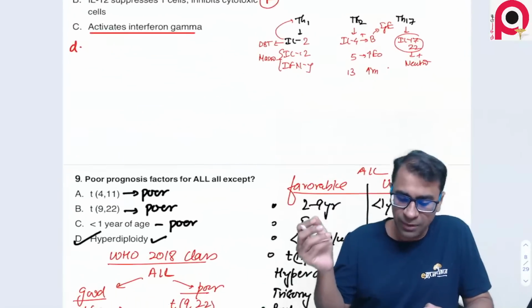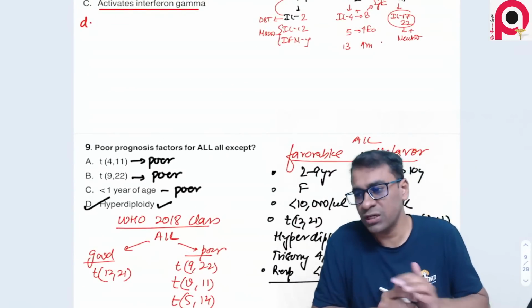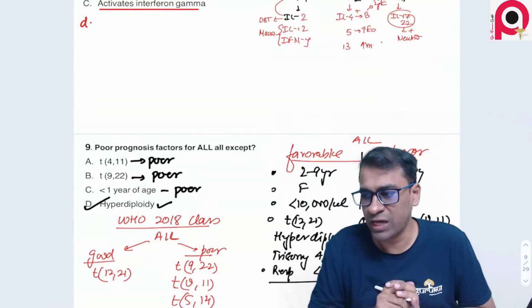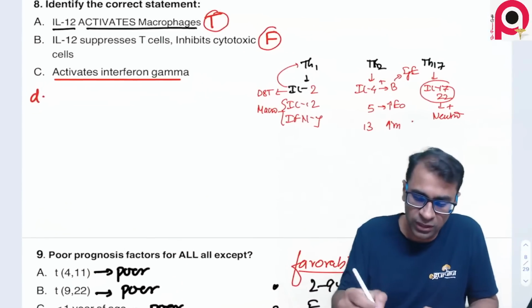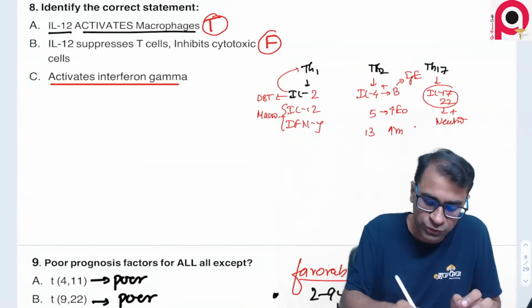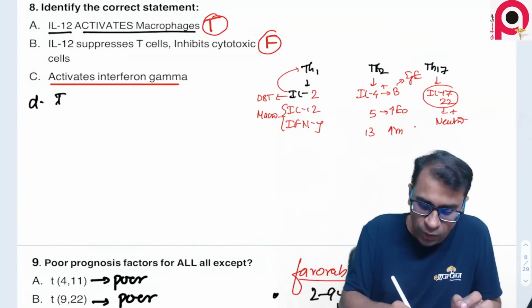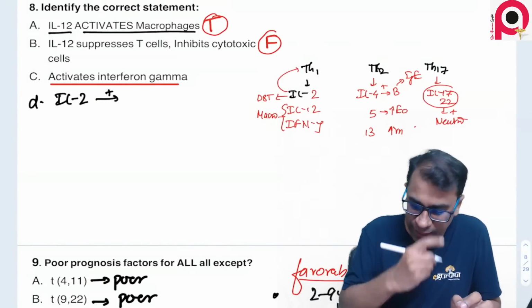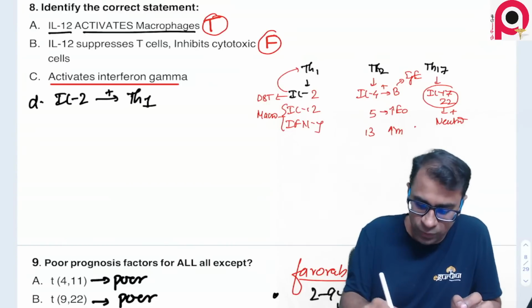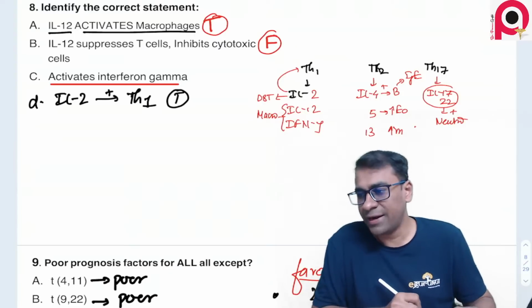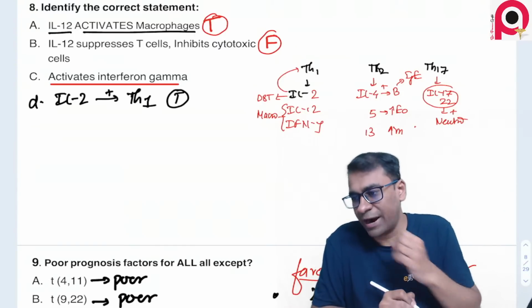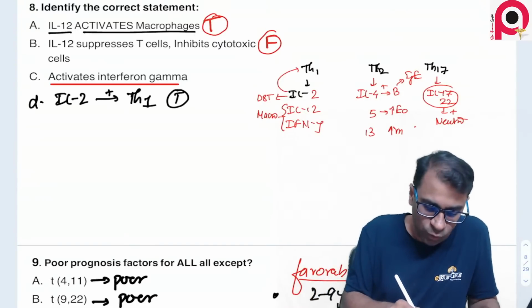Now, I have been given some other recalls for the previous questions. One of them, sir, was the option: IL-12 activates Th1. So that looks to be a very true option. IL-12 will actually activate the Th1. That also looks true. And interleukin 12 is secreted by macrophages. So yes, that is also true.